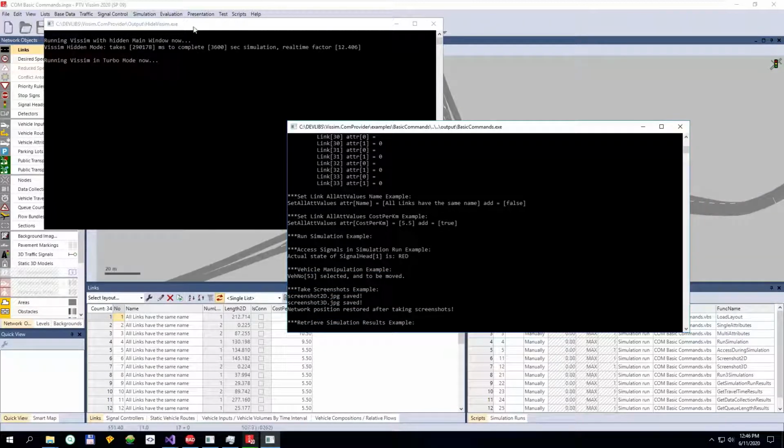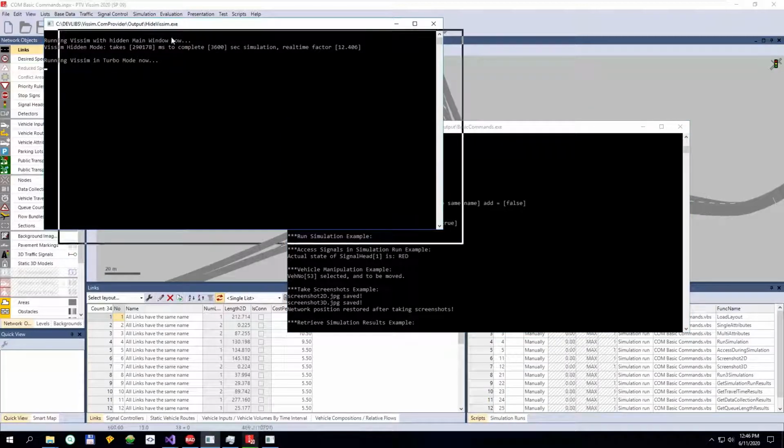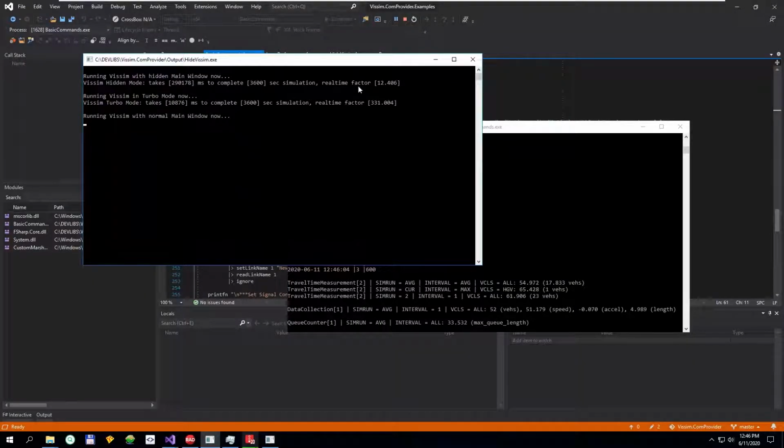Alrighty, so we just finished the Vissim speed benchmarking. For the first scenario, running Vissim with a hidden main window gets a real-time factor of 12, which means it takes almost 300 seconds to run a simulation period of 3600. Wow, let's look at this. If we run Vissim in turbo mode, it only takes 10 seconds to run the 3600 second simulation, which is the real-time factor